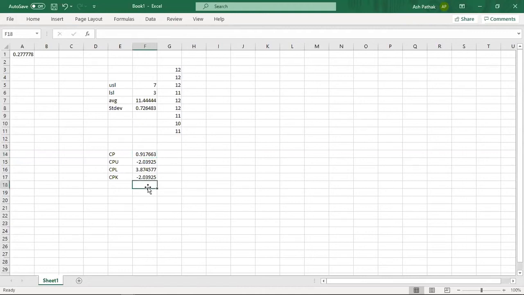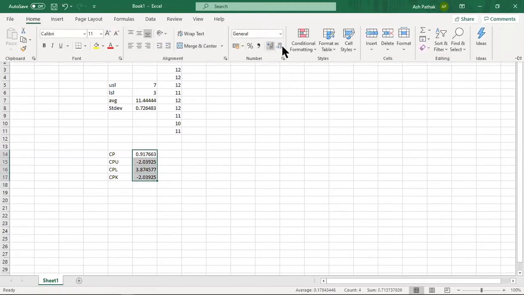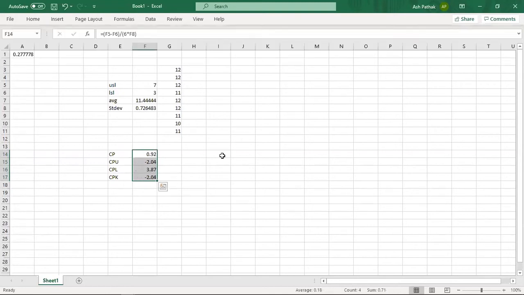This is vis-a-vis the sigma level that I calculated in the discrete data. Remember that? Here in continuous, I am not calculating sigma level, I'm calculating CPK. There is one more thing here. We look at CP here, which we were not looking at earlier. So CP says it is not that bad. 0.91, if I round off, would come to very near to 1. Design is good, means potential is good. My process is good enough, but I am performing really poorly.